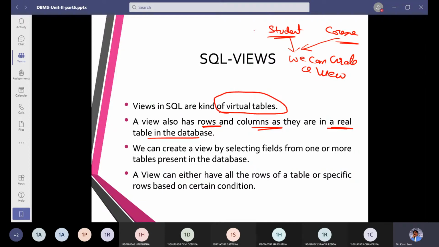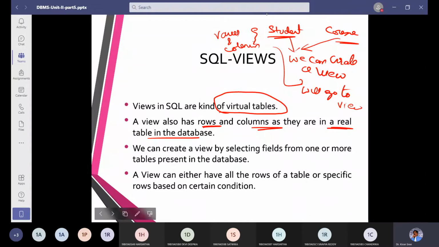What were the rows and columns in student will go to the view. The different rows and columns in the student table or the course table are going to move into the view. This was the first condition we are going to take up.